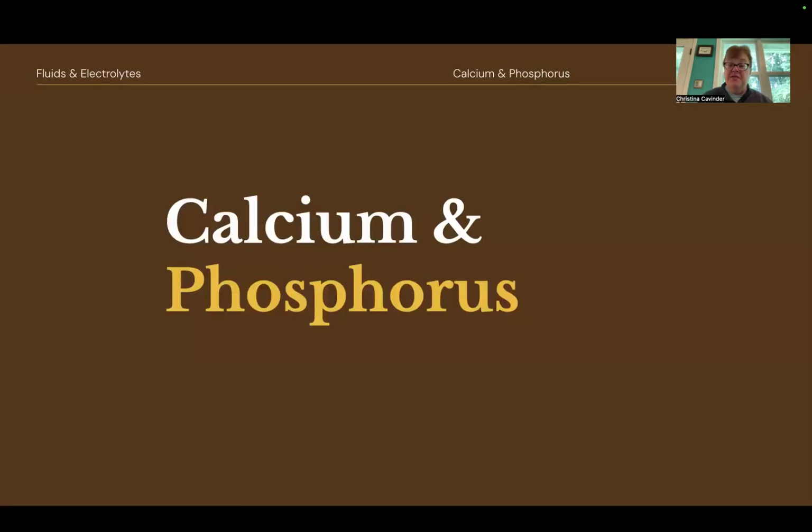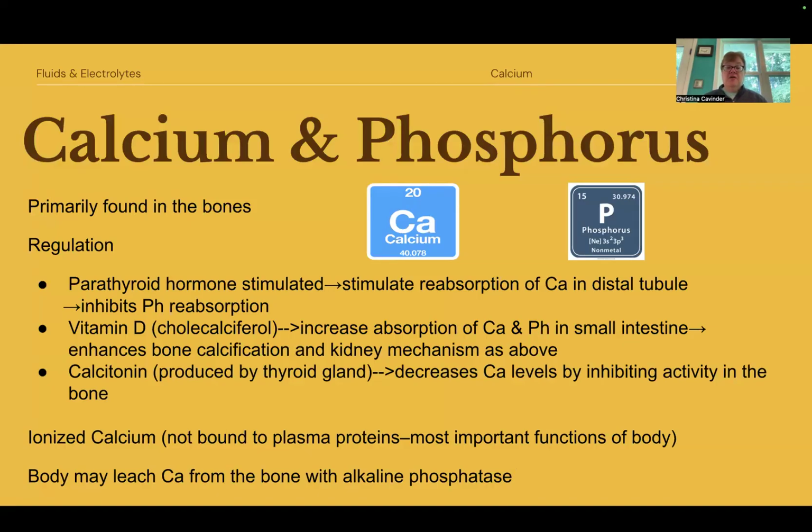So now calcium and phosphorus, they kind of go together. They're regulated, it starts out with the parathyroid hormone being stimulated, and that stimulates reabsorption of calcium in the distal tubule and it inhibits phosphorus reabsorption. Obviously, this is in the bones. Vitamin D, cholecalciferol,